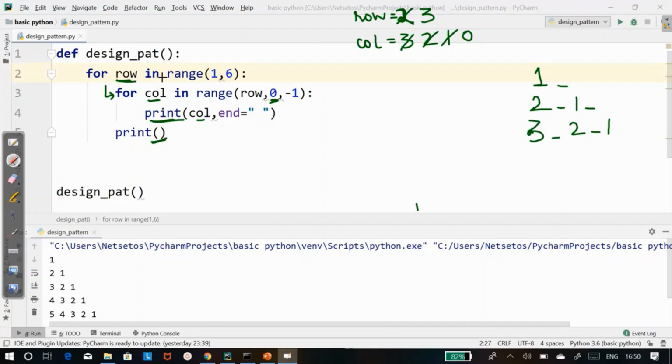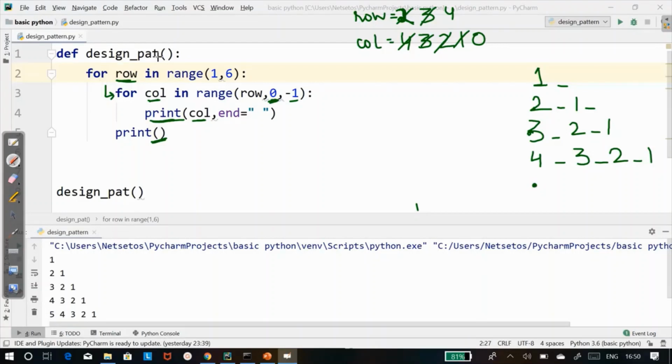Then row will become 4 now, and we will delete this. Column is 4 and it will print over here. Then space. Then it will decrement to 3, then space. Then again it will decrement to 2. Then again space, and then it will print 1 over here. Then 1 will change to 0 and 0 is our last value. It needs to be excluded. It will come out of this loop and the cursor will come to the next line.